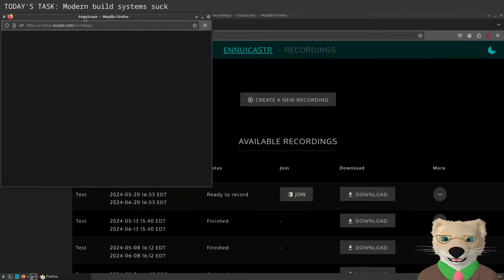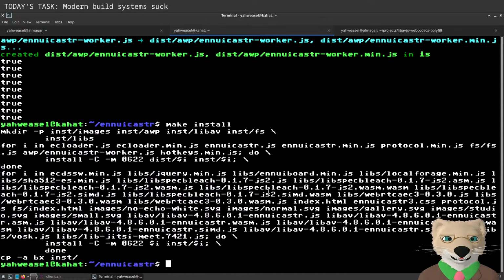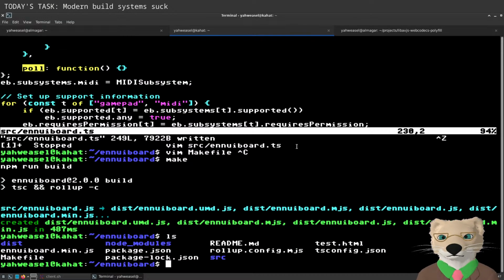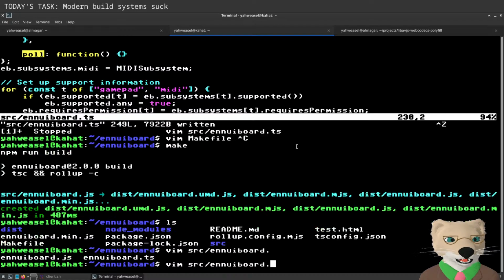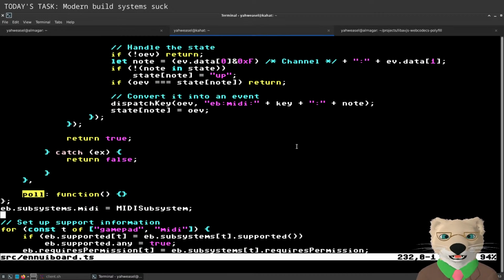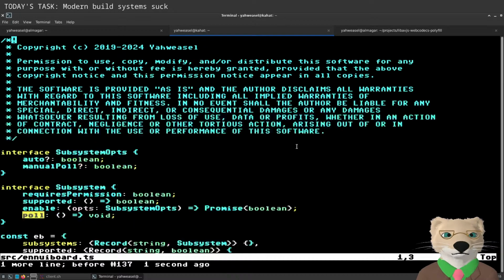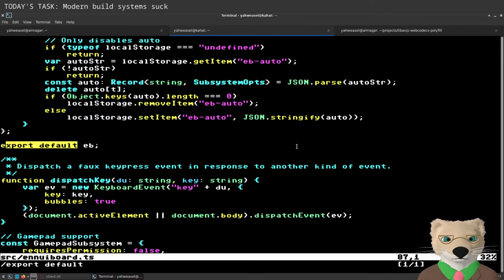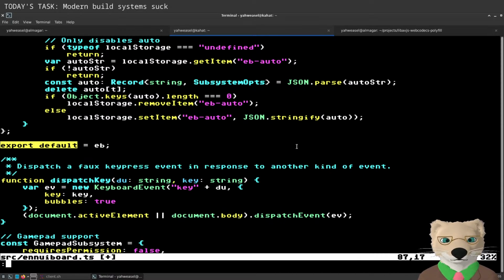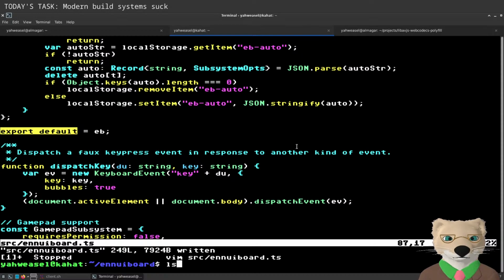I'm not 100% confident that export default is... I literally have no idea what export default does, let's be honest. I really don't like export default, so I don't know why I'm doing it. Is it export default equals EV? Is that the way?